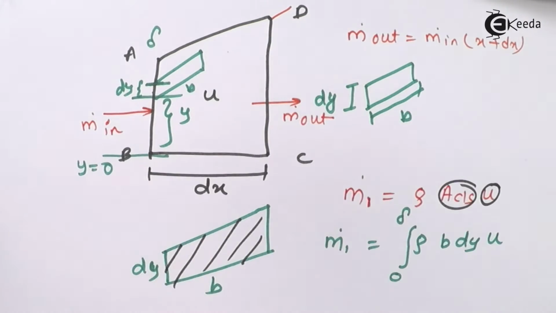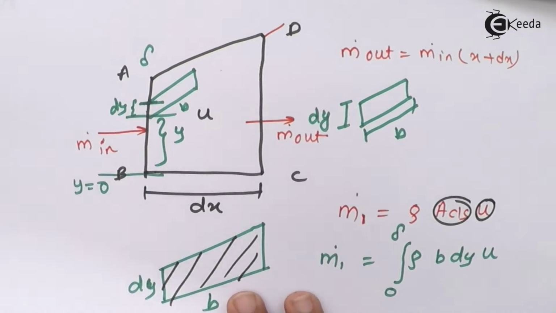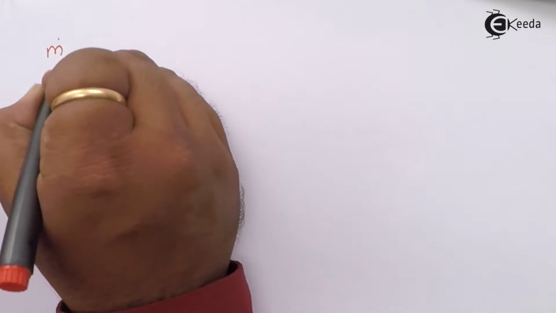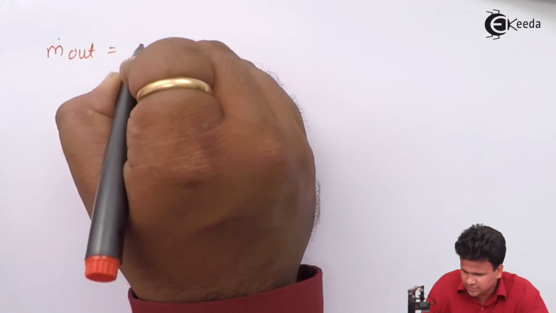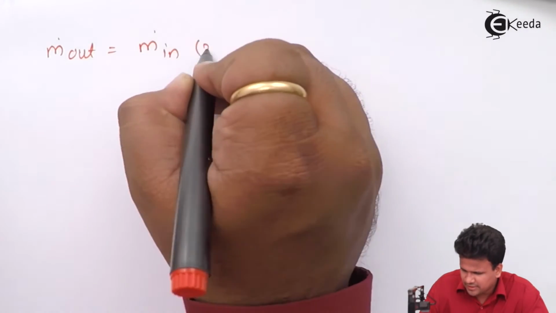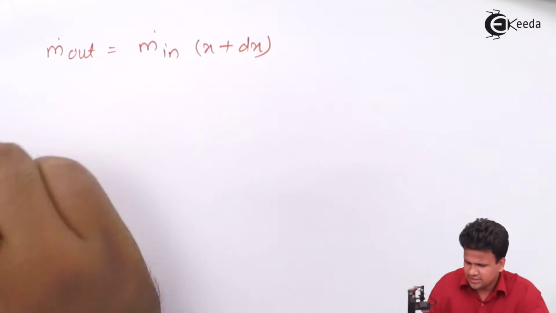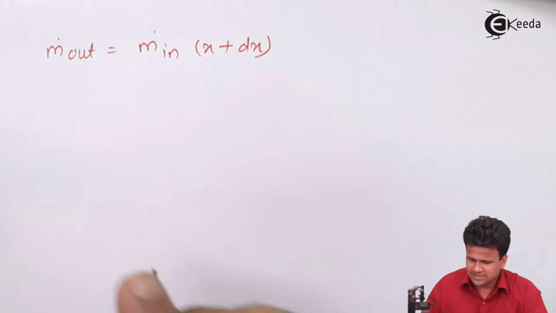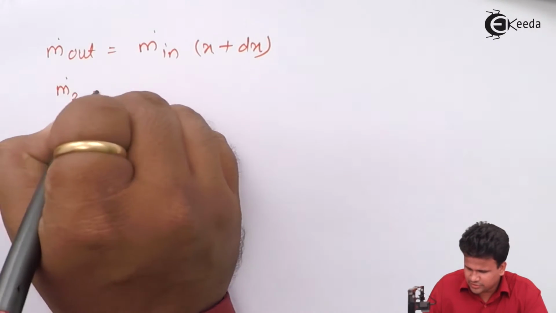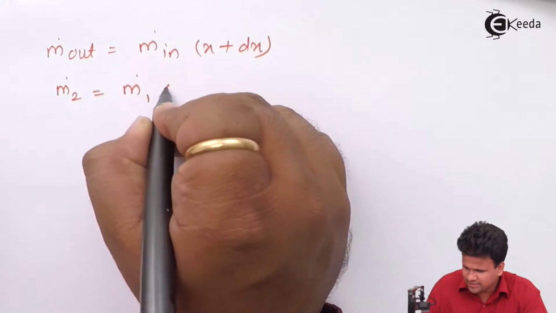So let us calculate what is m dot out. So m dot out is equal to m dot in at x plus dx. So just for our convenience, let us write this as m dot 2 is equal to m dot 1 at x